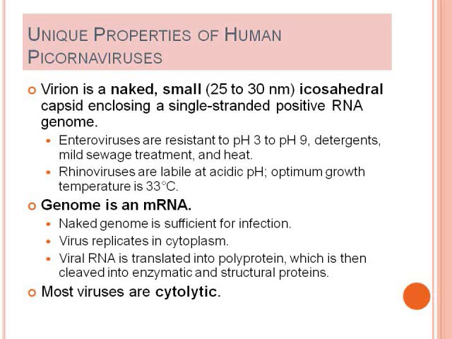And another important thing you have to keep in mind is that many a time these viruses have picked up a tropism because of their ability to survive in that particular environment. For example, if we label a virus as enterovirus, and this virus has to enter in your intestine, obviously it's going to survive all those conditions there in the intestinal tract. So you can see from here, they are pretty much resistant to pH 3 to 9, so they have a wide spectrum to work because they can survive in the stomach, they're going to survive in the duodenum as well. They can also resist detergents, sewage treatment, and heat, so they would not be killed